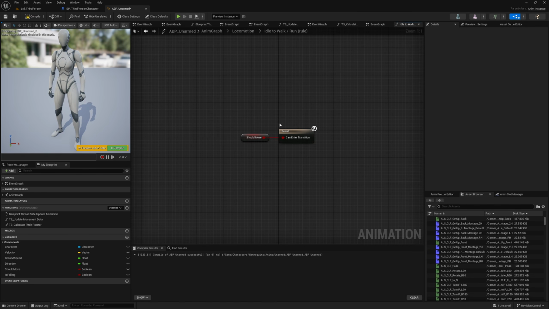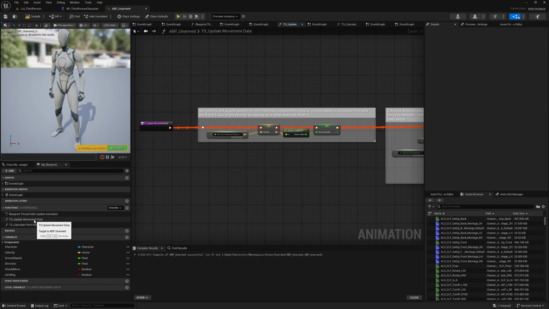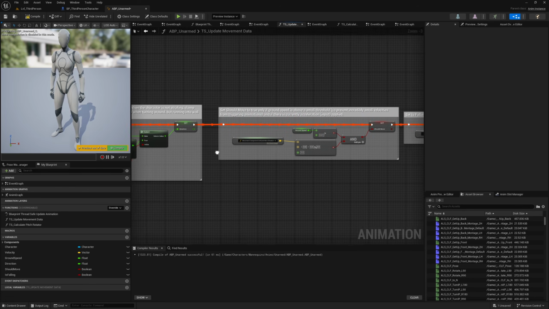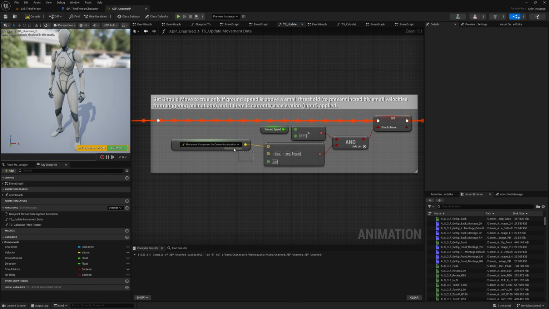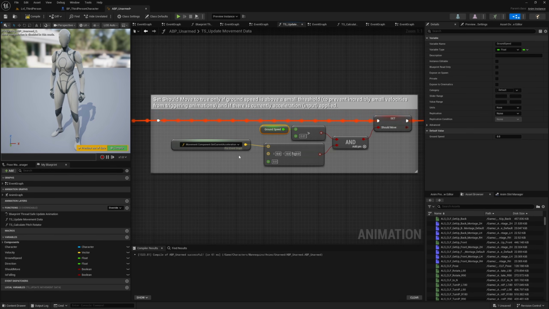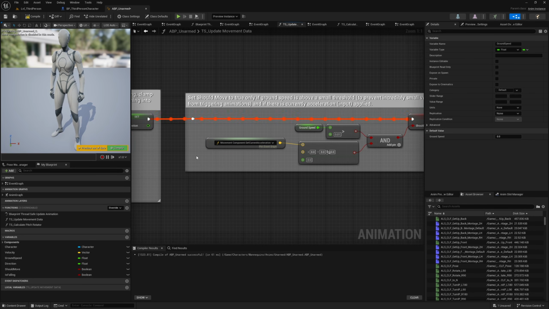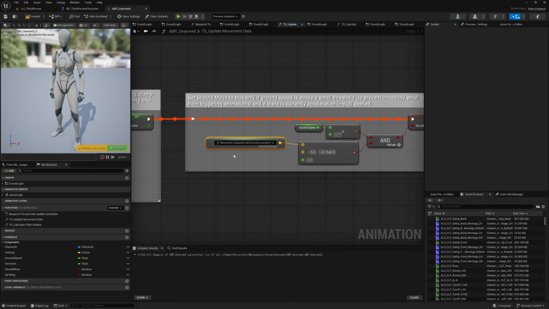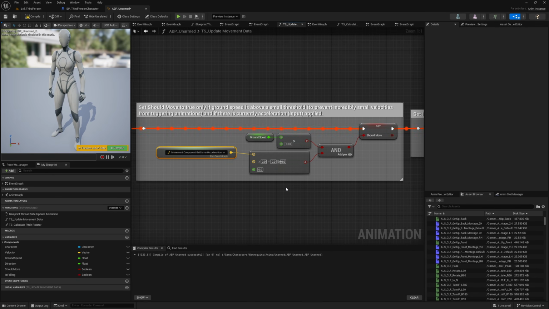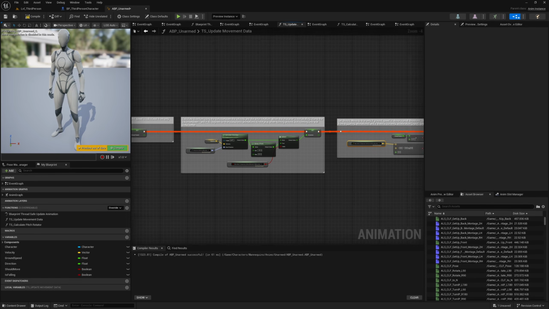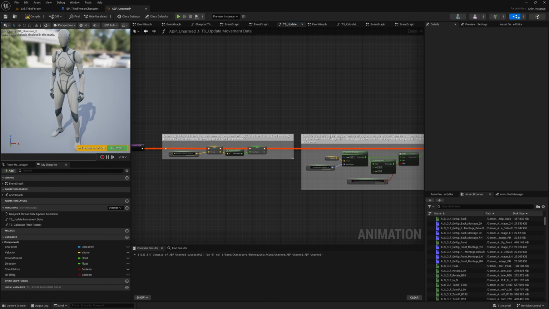And that's because this transitional rule is based on this Boolean should move, and should move is being set in our update movement data. Should move is being set right here, and everything that it's pulling to set is either in this blueprint already, as in it's set right here, ground speed, or pulled with a property access node, so accessed in a thread safe manner. So a lot of our transitions will actually already have fast path enabled, but one thing we can do is